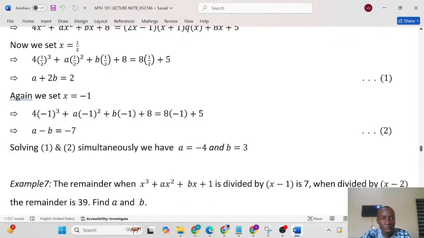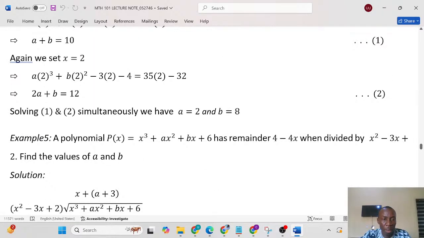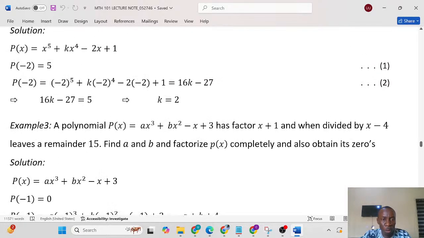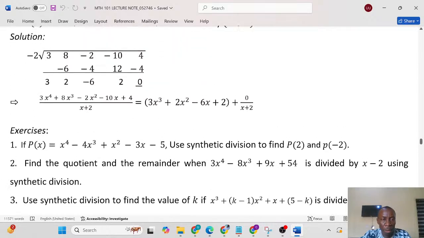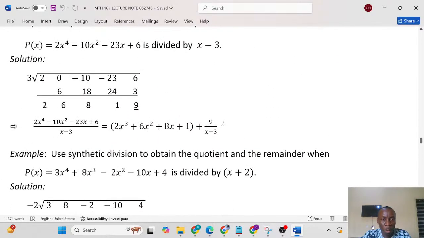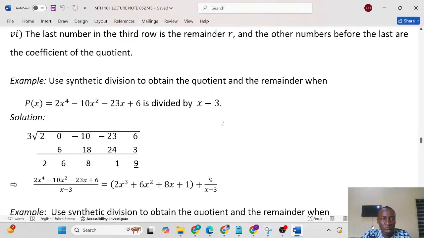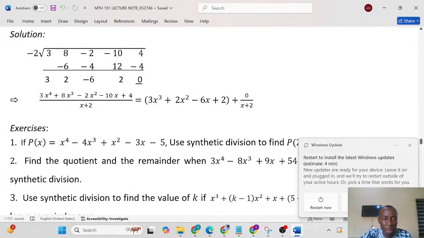We see here we use the long division method in this. Let me scroll up so that you understand what I am saying. So in this place we use the synthetic method. We use the synthetic division method to obtain the quotient and the remainder. So today we'll be starting from the